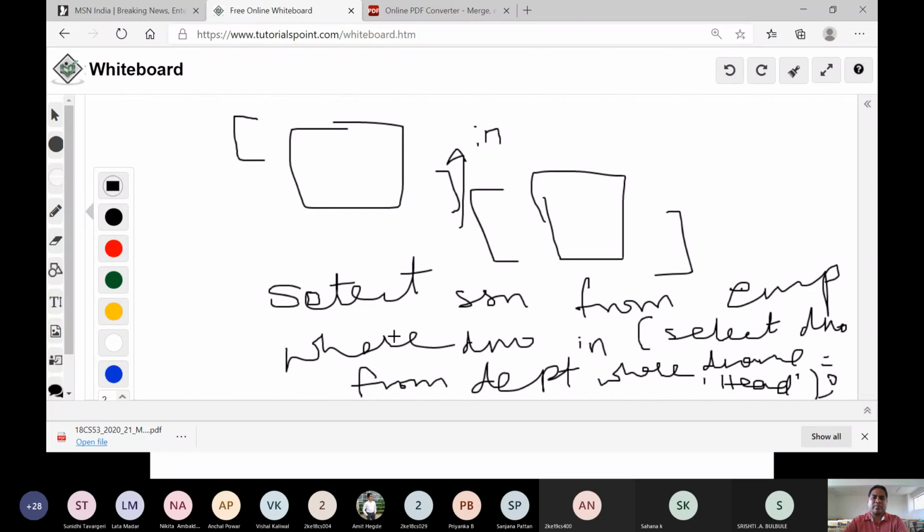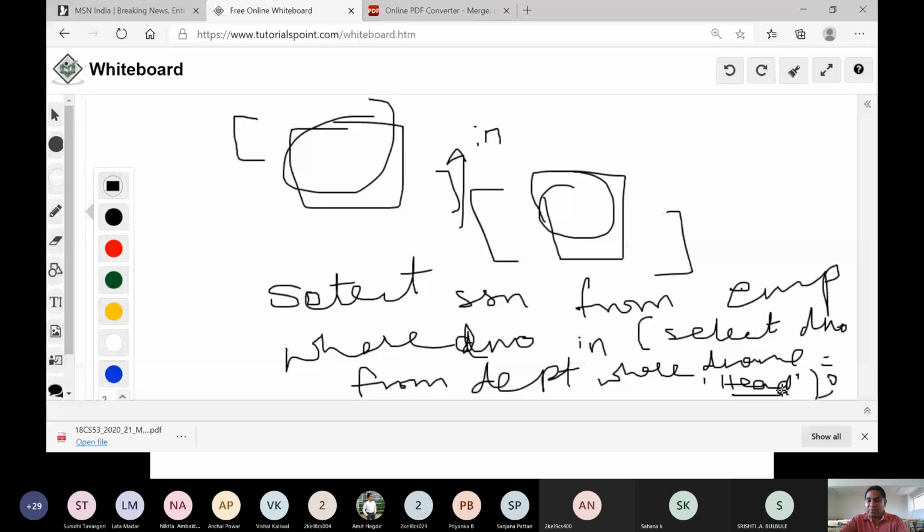So I have two queries now. Select SSN from employee where department number is equal to some value. That means this will select the SSNs of all the employees of all departments, because there is no condition here. The condition should be satisfied when this has two results. This is one set of results, this is the other set of results. Select D number from department where D name is equal to head will select only the tuple pertaining to the head department.